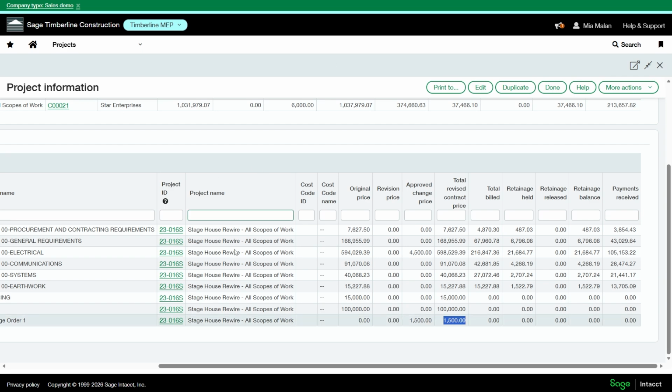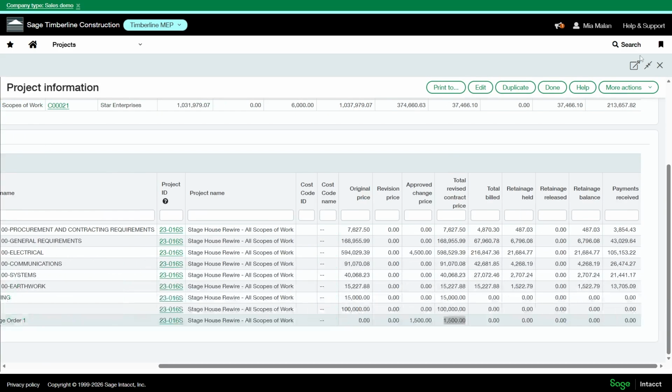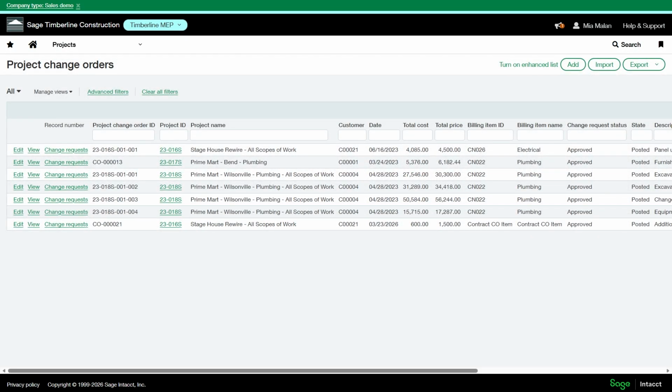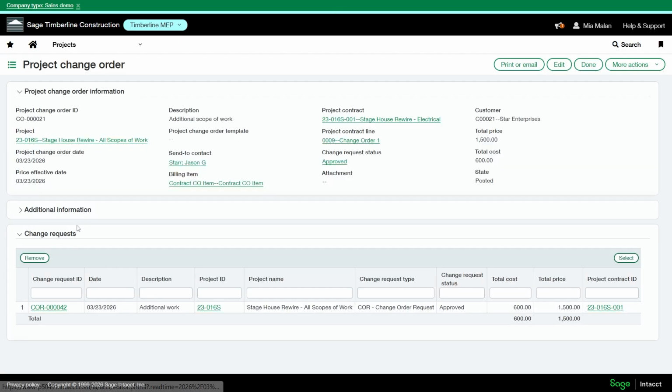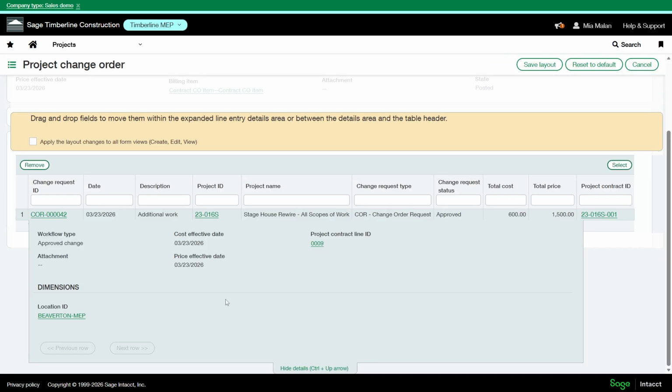So when you go into generate your invoice, you'll see another line and you can bill on that. Let's go back into our change order. So you have options to print and email. You can also update your change request layout here if needed.